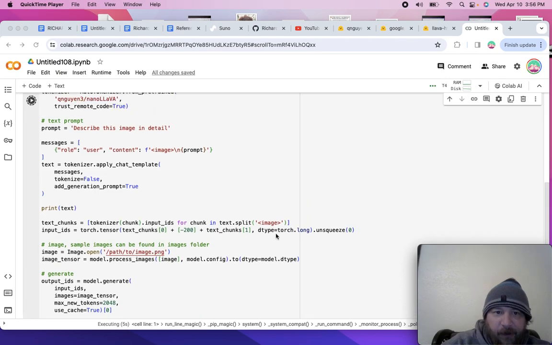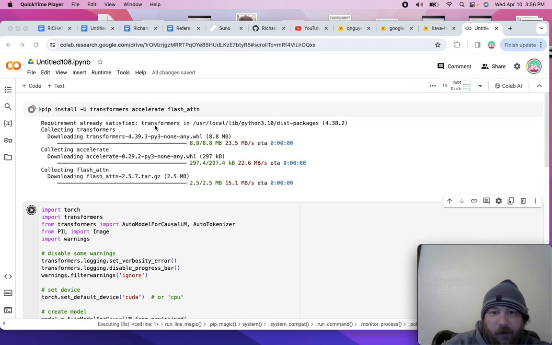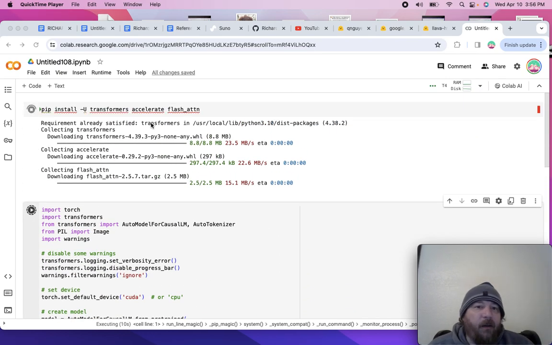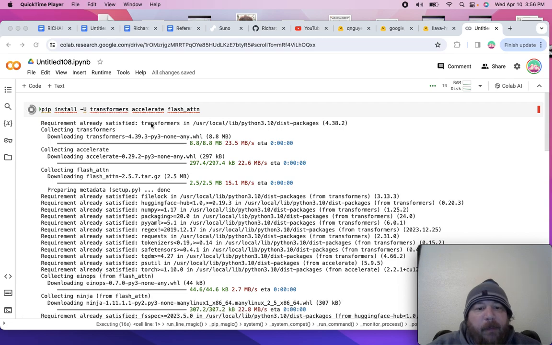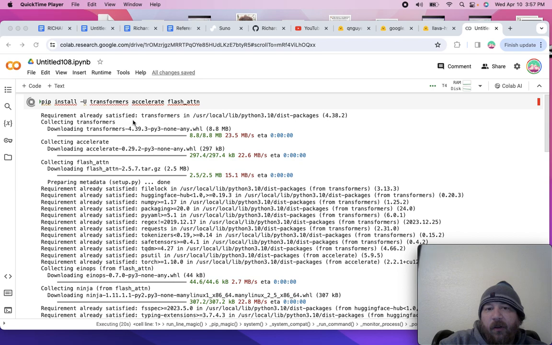Just hit play on both of them here. It's going to take them a while to run because it's going to install this package here, transformers, accelerate, flash attention. I've pip installed the accelerate package a lot, and so this accelerate flash attention, I'm assuming it's a fork of the accelerate package, and accelerate you use a lot for